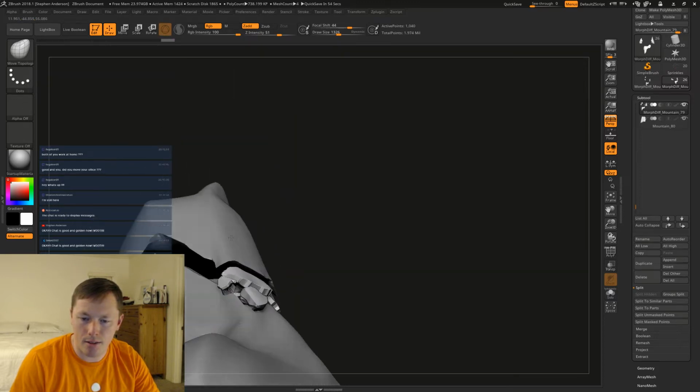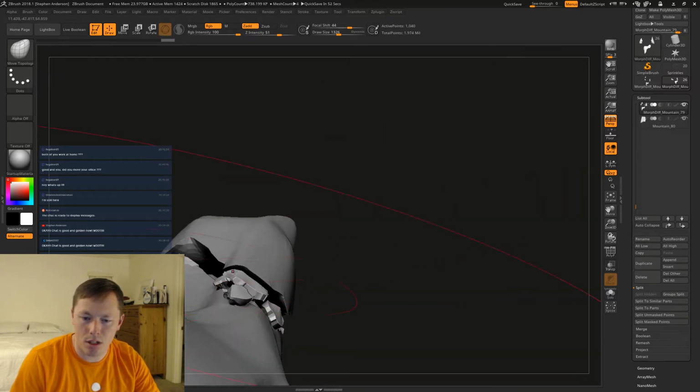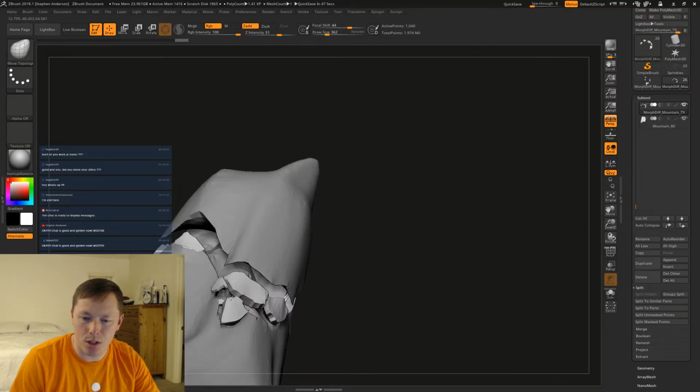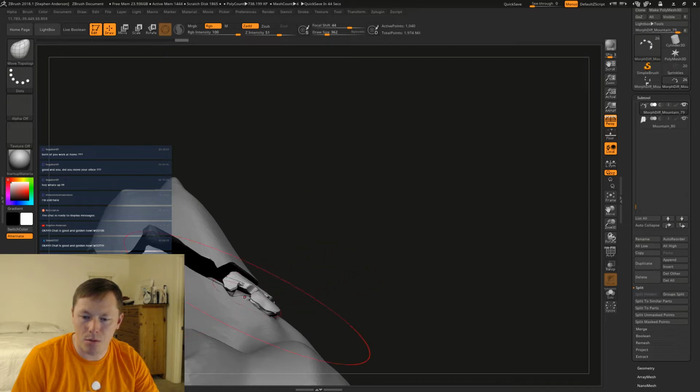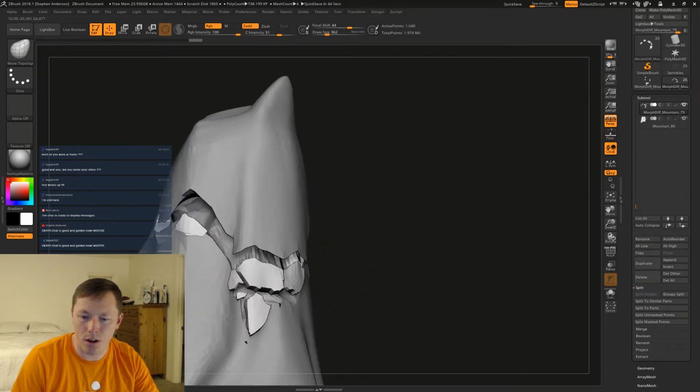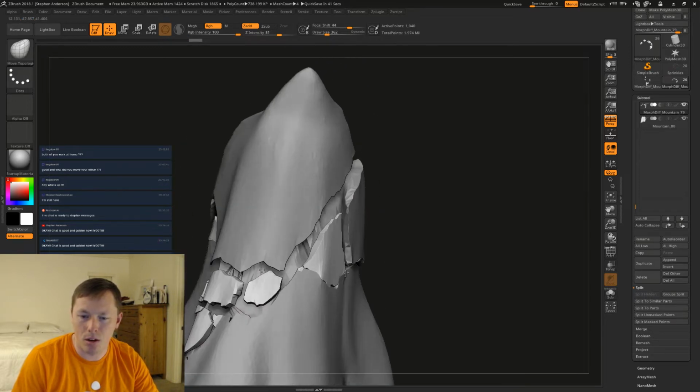Trying to decide how close to float these pieces to each other. I don't want them to be super close to each other, but I don't want them to be so far away that you're just wondering if they're from the same thing.